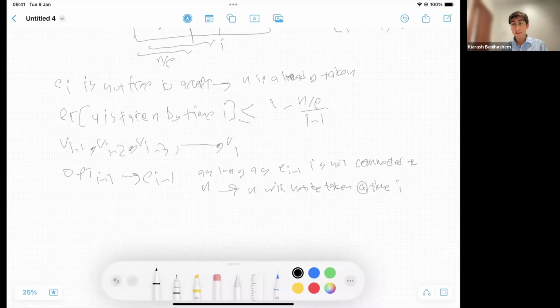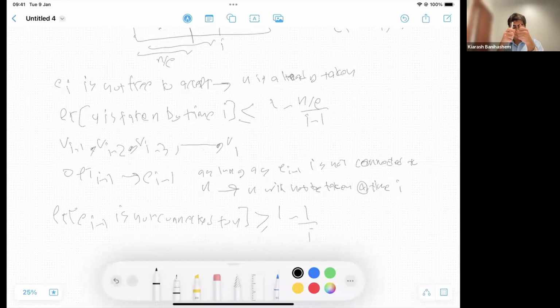So U is not going to be taken in this time step. Now, what is the probability that EI minus 1 is not connected to U? I claim this is bigger than 1 minus 1 over I